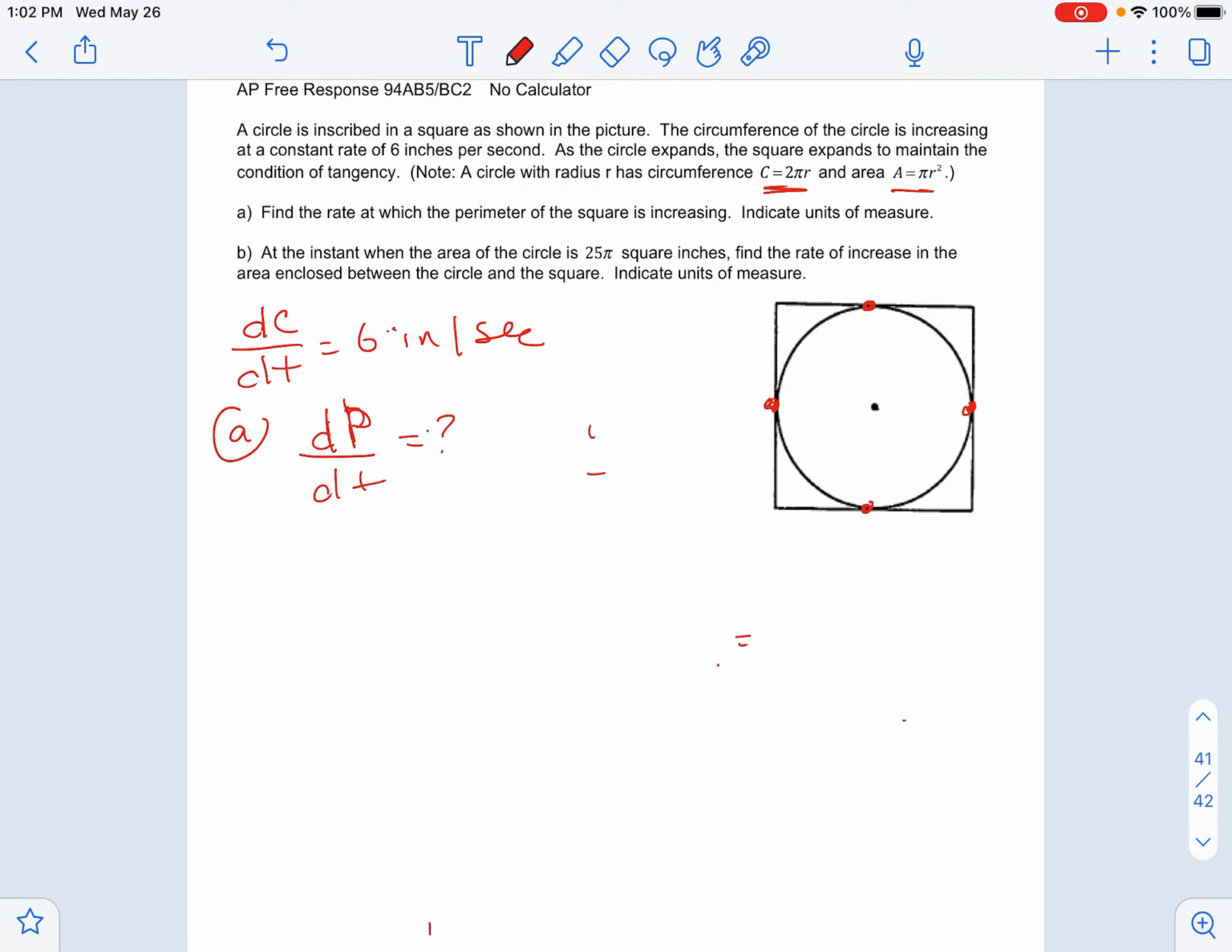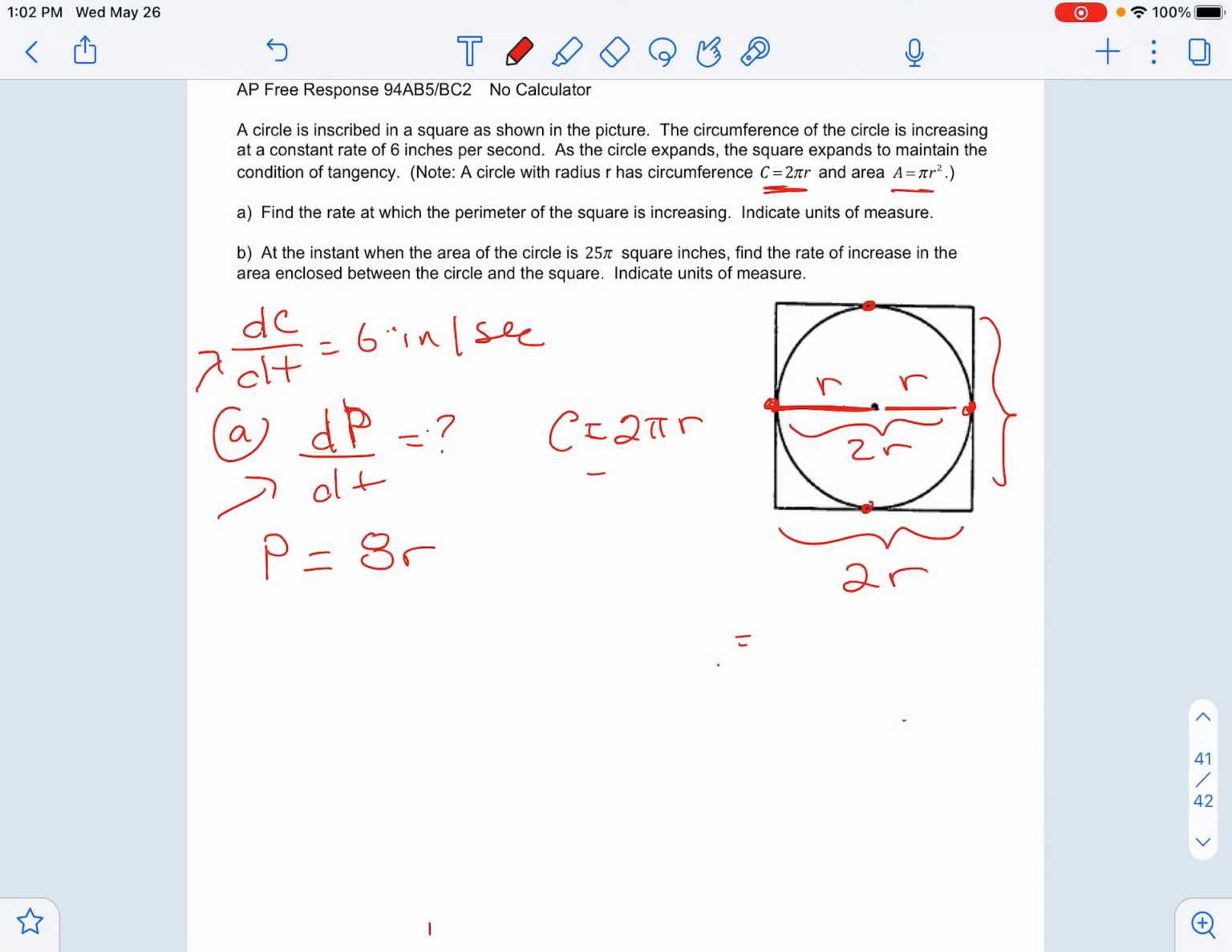Okay, so we need an equation that relates the perimeter with the circumference, because we're looking for perimeter and the only thing we're given is circumference. Well, we know that the circumference of the circle is 2πr. And let's come up with an equation for the perimeter. So one thing I know is that the radius of this circle is r. So if I go all the way across, the diameter is really 2r. But notice that also represents one of the sides of the square. So since this is a square, that means that the perimeter of the square is actually 2r,